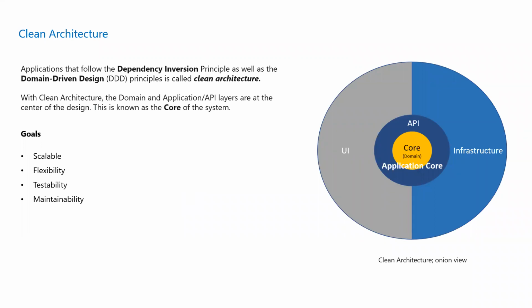So the goal here is to make sure that this clean architecture is scalable, flexible, testable, and maintainable. Any application you create, these are the primary goals. Make sure that it allows adding more and more features, and it is more flexible in terms of plug in, plug out. Today, if I'm using SQL Server, in the future, if I'm going for NoSQL with Cosmos DB, those are the kind of flexibilities the system should allow.